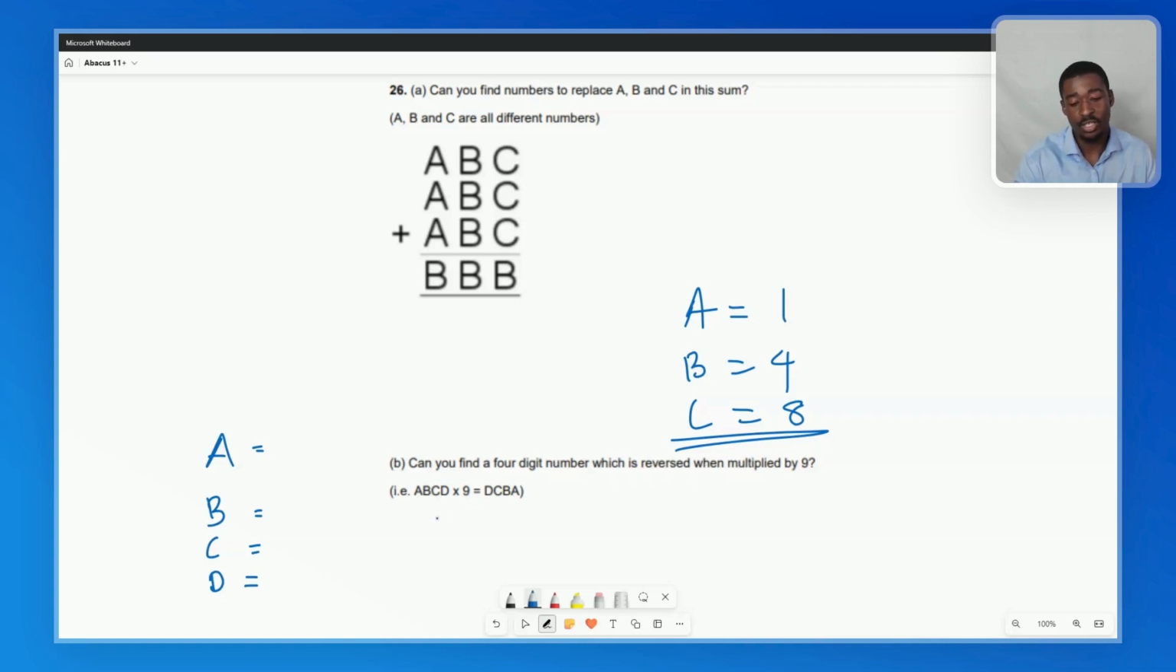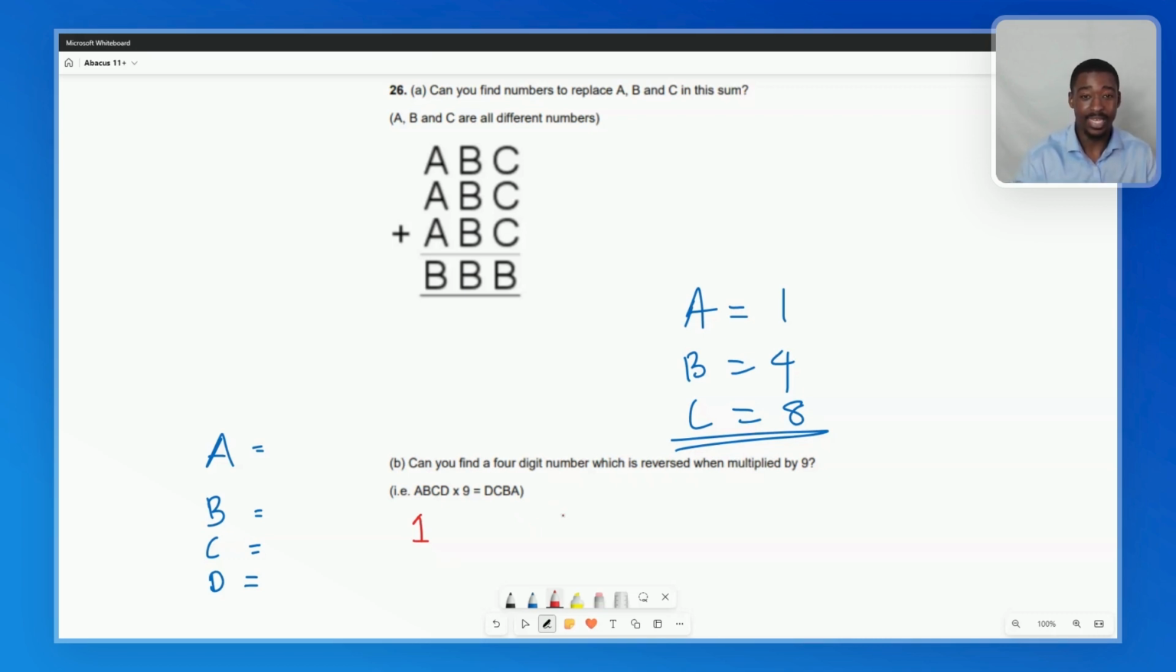So first things first, we have a 4-digit number. And when we multiply it by 9, the result has to be another 4-digit number. What does that tell us about what A has to be? A has to be 1. It cannot be 2. And the reason A cannot be 2, 3, or any number greater than 1 is because